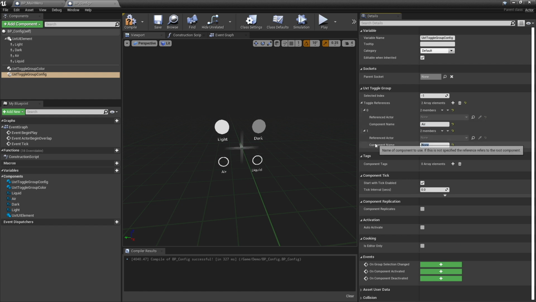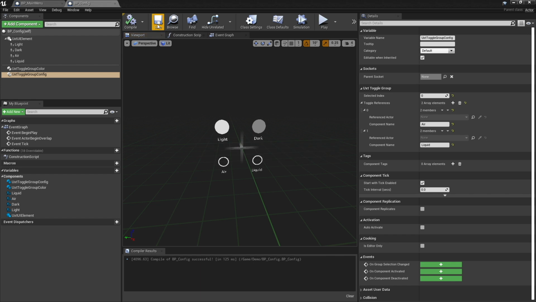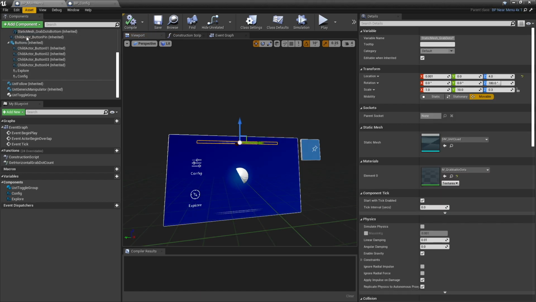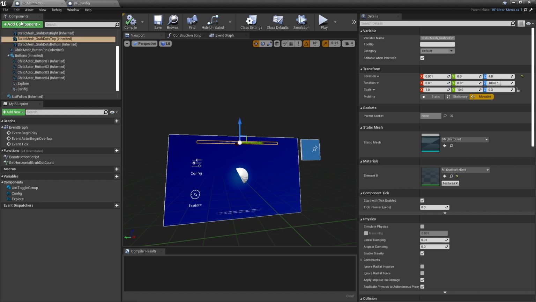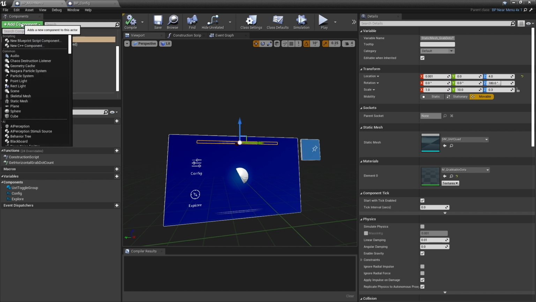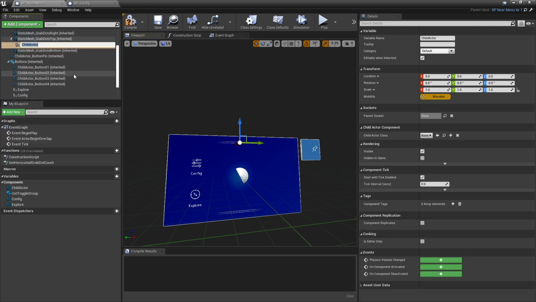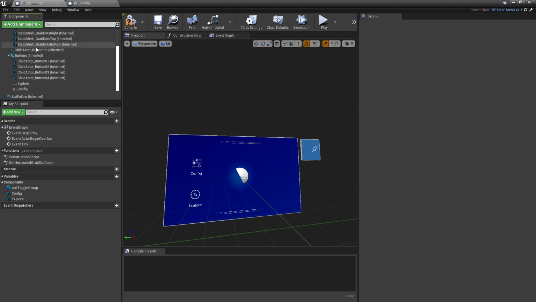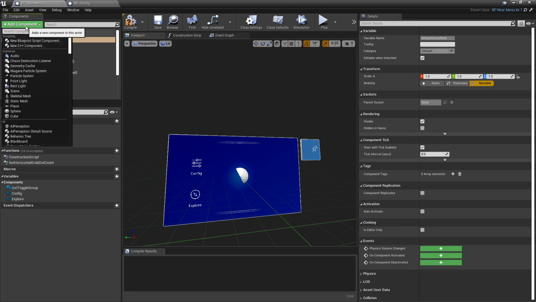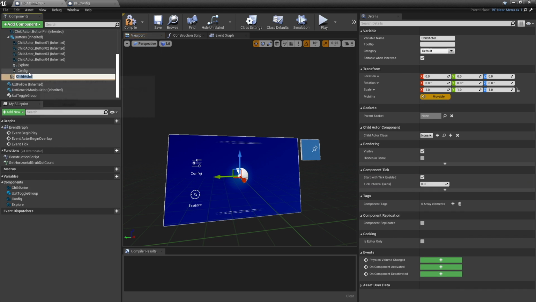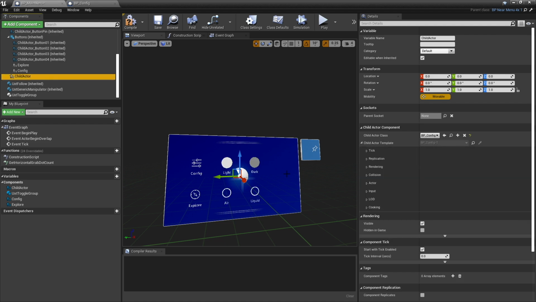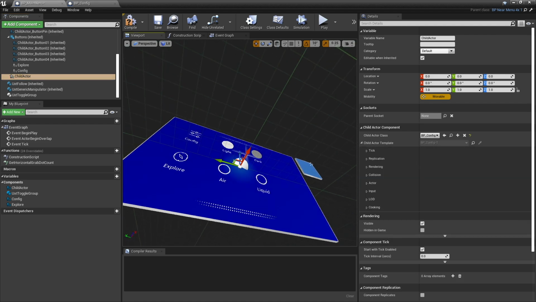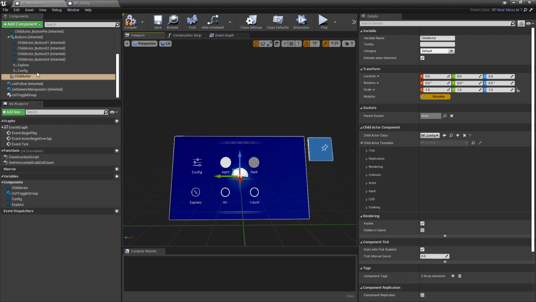and then same for this, air, liquid, and air as the initial selected object. Okay. So now let's set up our child actor for our tab. Oops, I put that in the wrong spot. Delete. We want this under the scene root. Child actor. Okay. BP config. So now these buttons all live on here as their own little child actor.